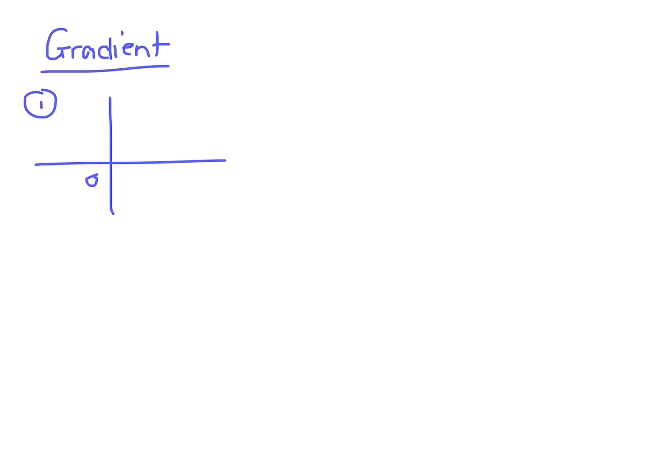So I just want to talk about the gradient and the different ways that you can find the gradient. Okay, so method 1. If you're looking at a graph and you've got the graph drawn there,